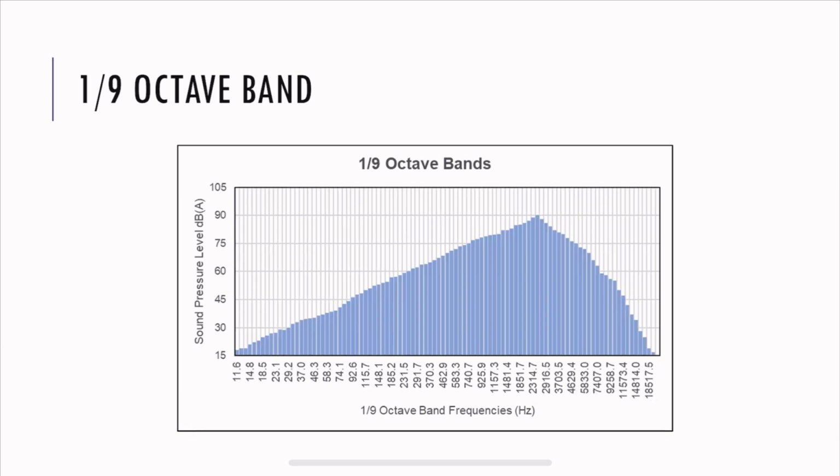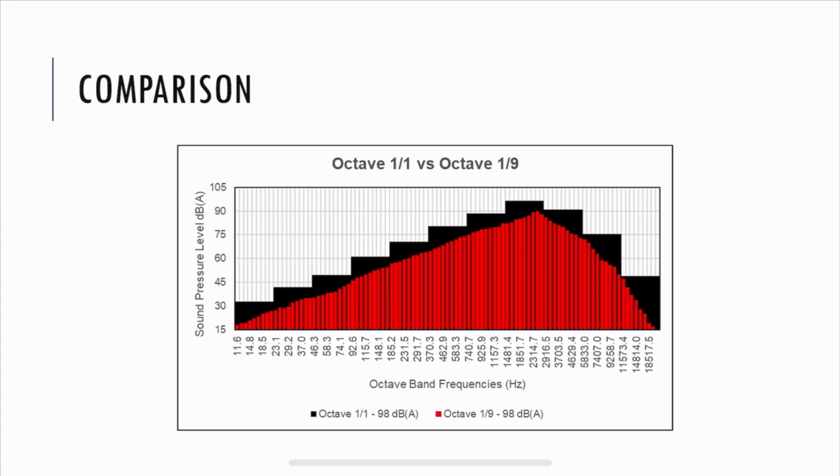We repeat the same process for 1 by 9 octave band, so it's even higher resolution, and we have this frequency spectrum. Now, we will compare two different resolutions together in the same graph. Let's say, for example, we're comparing octave 1 by 1 and octave 1 by 9 on the same graph. On the y-axis is still the sound pressure level. On the x-axis, you have multiple frequencies, and it's shared between octave 1 by 1 and octave 1 by 9